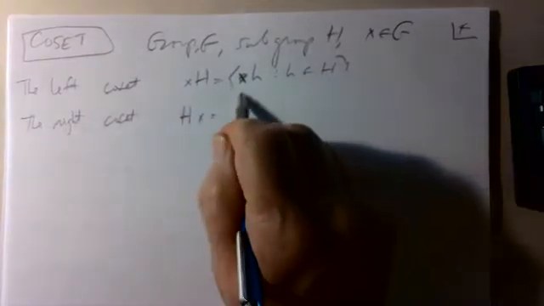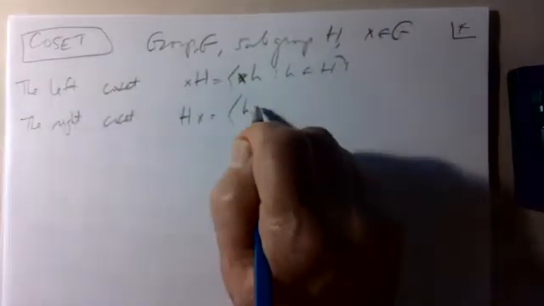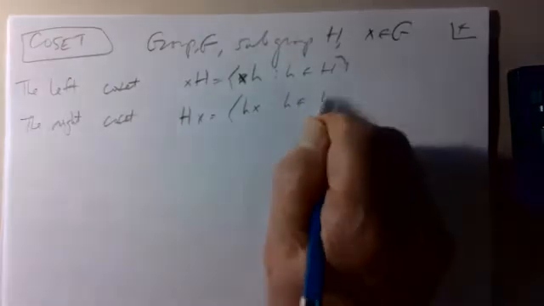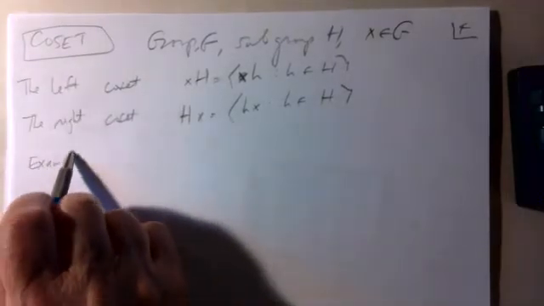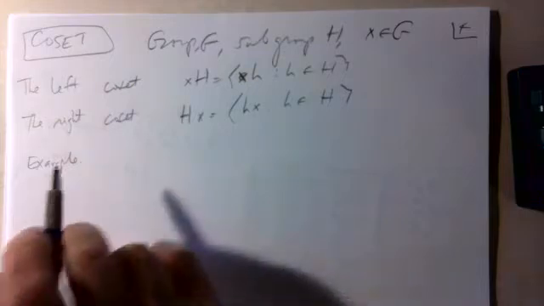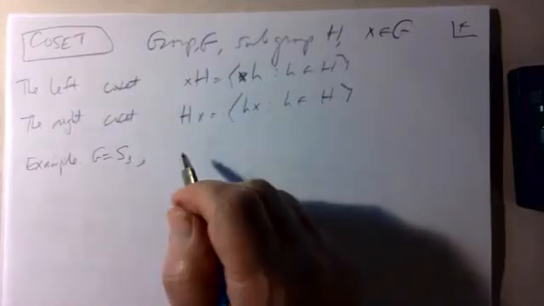And we have the right coset, Hx, where you take everything in the subgroup H and multiply it on the right side by x. And in general, if the group is not abelian, these will be different. They could be the same, but they can also be different. So let's look at an example. Suppose I take G to be equal to S3